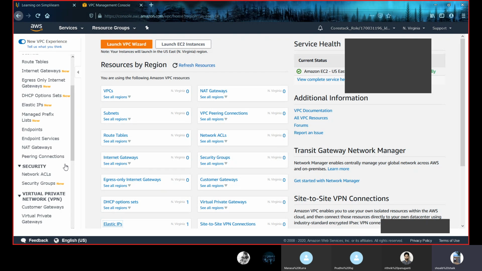They also control inbound and outbound traffic for our servers or virtual private clouds. That means the number of requests we are receiving or the number of responses we are sending will be controlled using security groups.